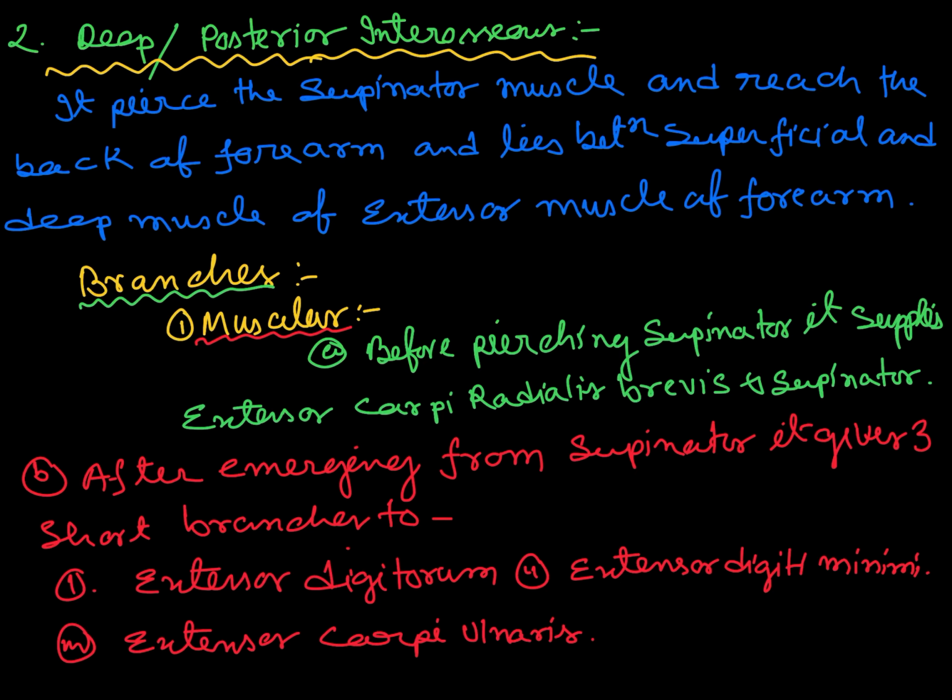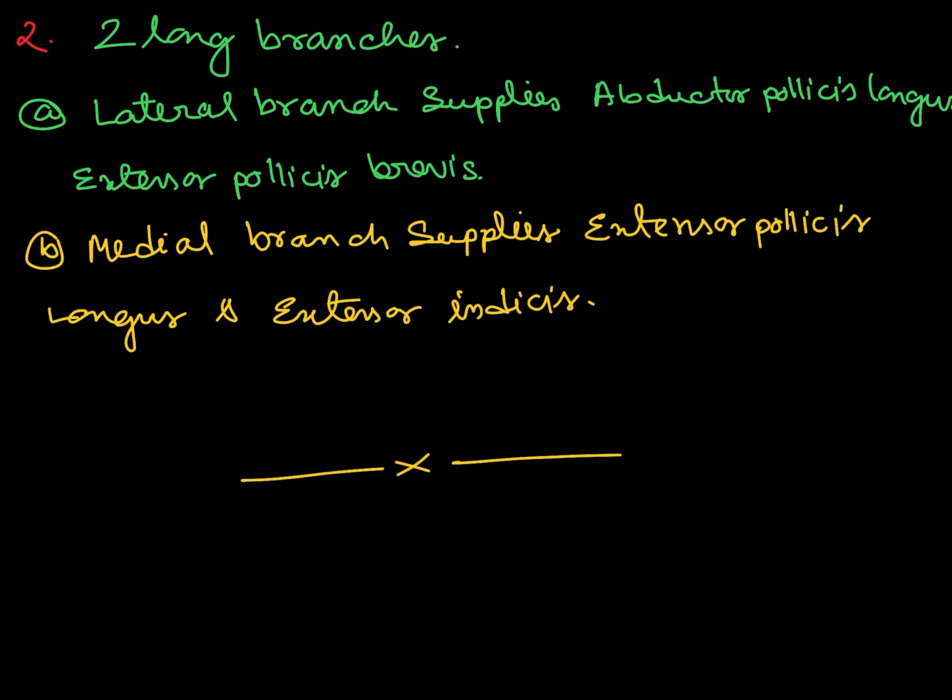Branches of radial nerve in the forearm. First, muscular branches. Before piercing the supinator, it supplies the extensor carpi radialis brevis and supinator muscles. After emerging from supinator, it gives three short branches to extensor digitorum, extensor digiti minimi, and extensor carpi ulnaris, and